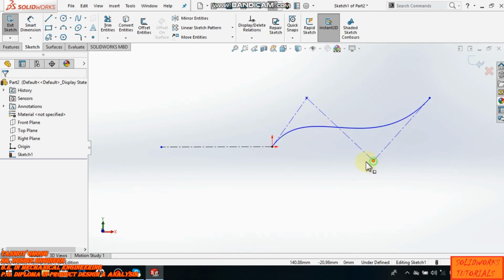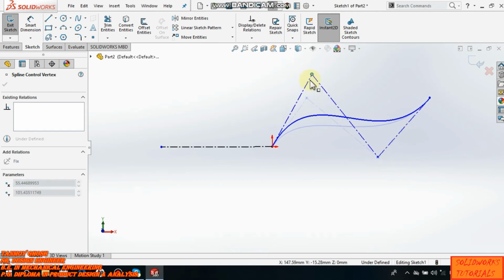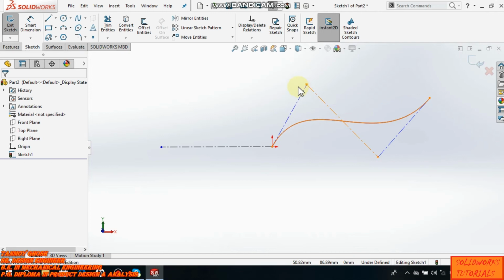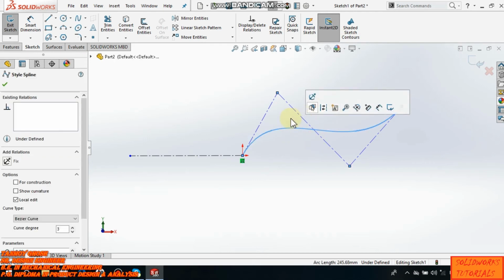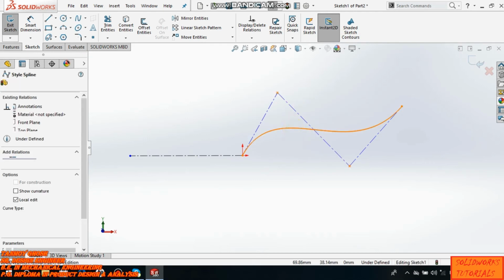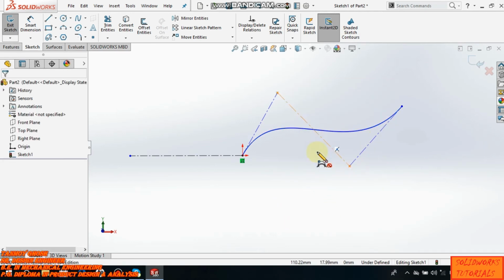You can control your spline through these control vertex points. You can add dimensions or relations to those points. You can also add an additional vertex point. For that, select the spline or any construction line and then right click, insert control vertex, select it.